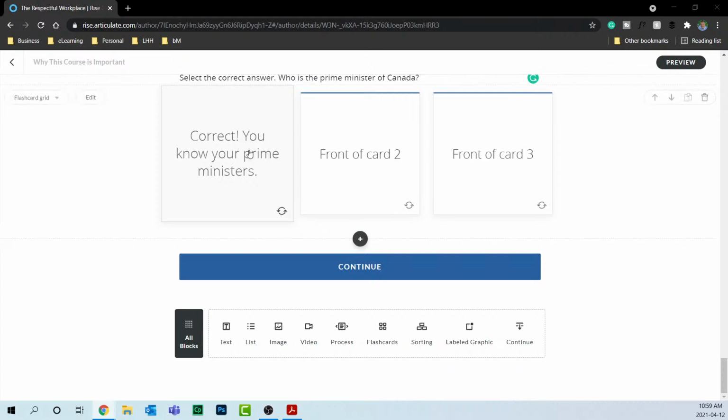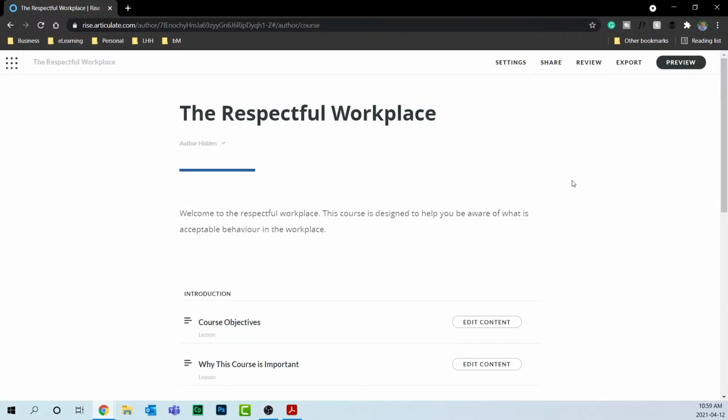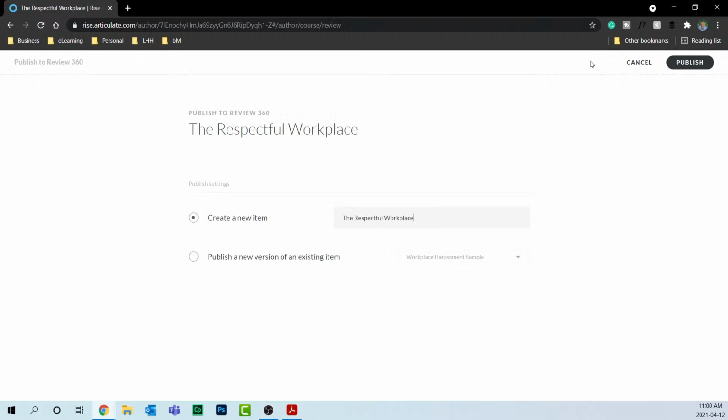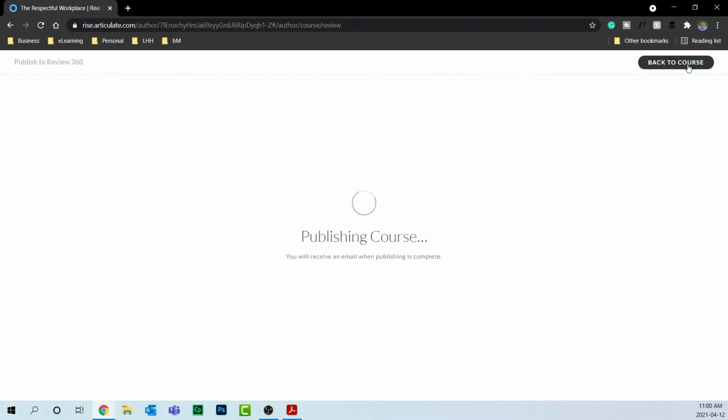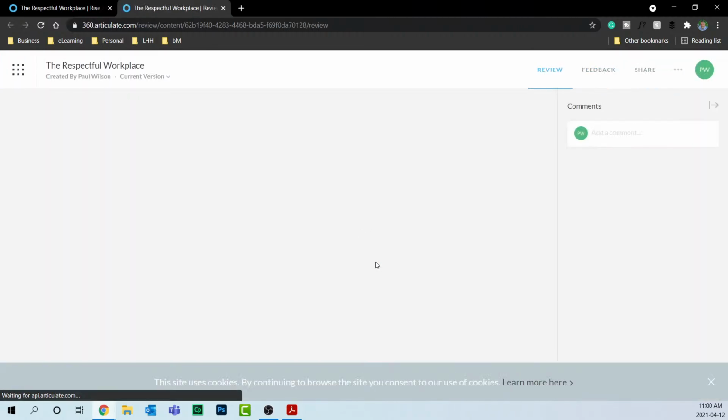But Nick is pointing out that there's another benefit. If we go back to the course level here, I can click on review, and another tool that's available besides Rise 360 in the Articulate 360 suite is the Review 360 tool, and it's excellent. So I'm going to create a new item for review, and we'll publish this, and this is where we'll see this here. Let's view this in